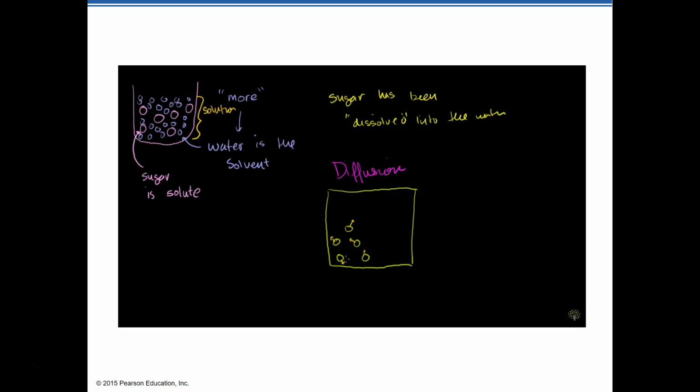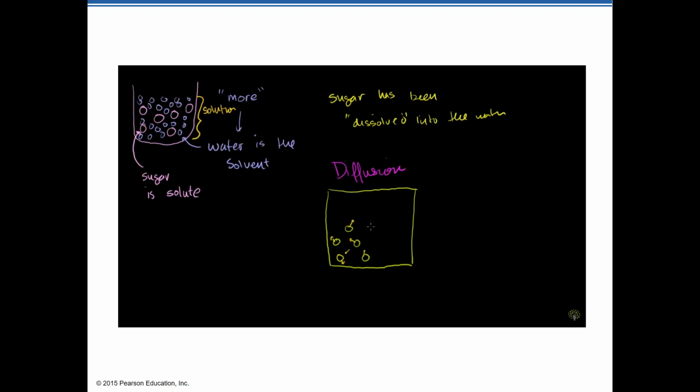Well, any of these guys are going to be randomly bumping into each other. They're more likely to bump into things in this down left direction than they are in the up right direction. So if this guy happens to go in this down left direction, he's going to bump into something and then ricochet into the up right direction. But in the up right direction, there's nothing to bounce into. So in general, everything is moving in random directions, but you're more likely to be able to move in the rightward direction. When you go to the left, you're more likely to bump into something. So it's almost common sense.